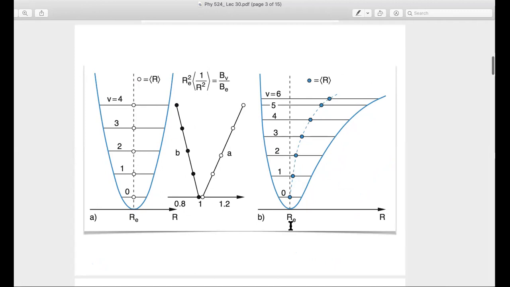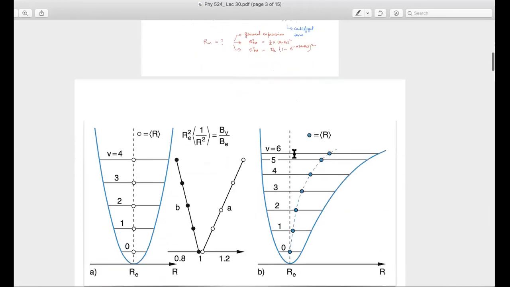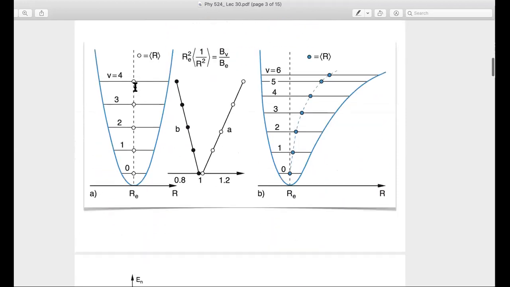Given the vibrational and the rotational degrees of freedom, you can show that as you increase the vibrational quantum number, you also get corrections to R. This dot here shows the location of this R. So if I go to a higher vibrational state, then my interatomic distance on average, if I calculate the expectation value, will change. That's what it shows here. For the harmonic oscillator, this remains constant in whatever ν state I am in.